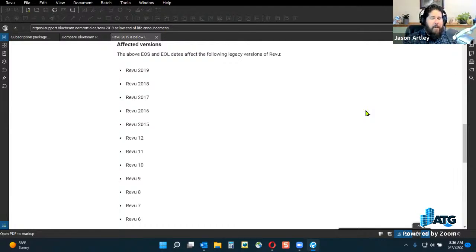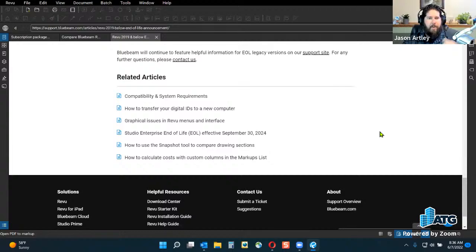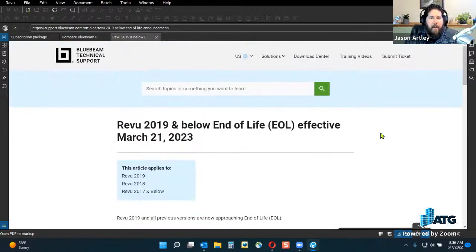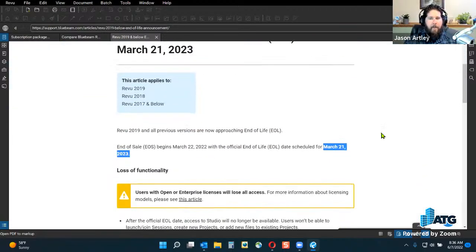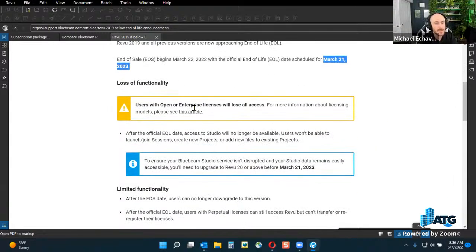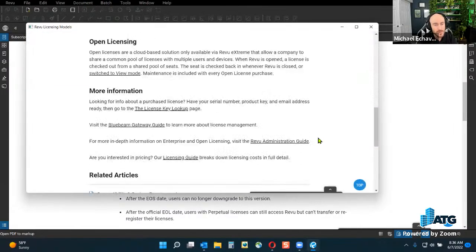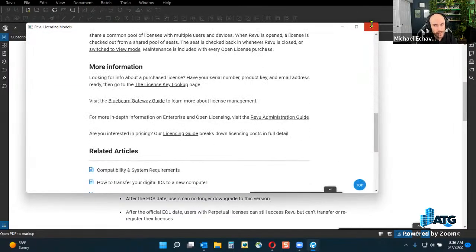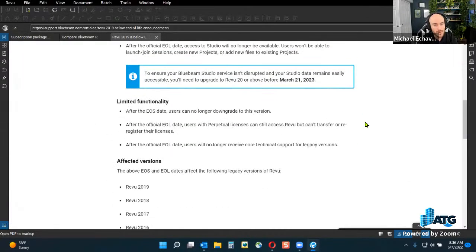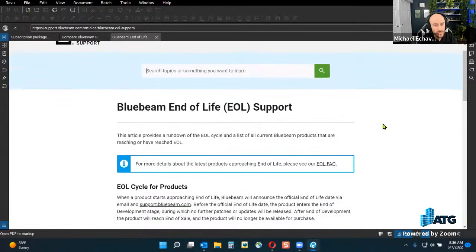But the bigger deal is that all of these versions will lose access to Studio, right? You all should be using Studio and loving Studio and all that other stuff. So come 2023 in March, you will no longer have access to Studio. If you unregister your license or your computer dies and you can't get to that license, you won't be supported